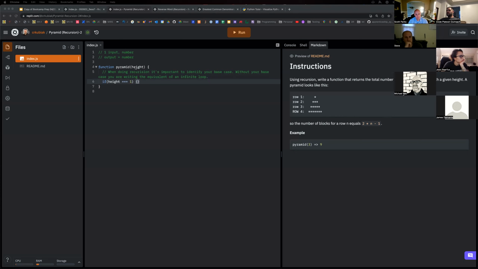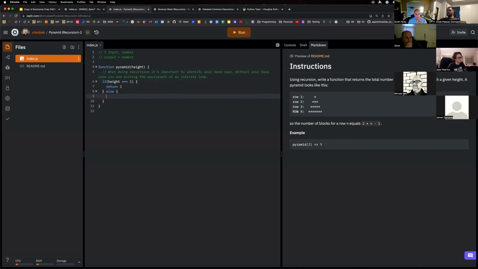Because just like we did in the notes, we're going to keep calling pyramid with a height that is slightly lower each time until we get to a height of 1. And so our base case is, when the height is equal to 1, we're going to return 1. Else,